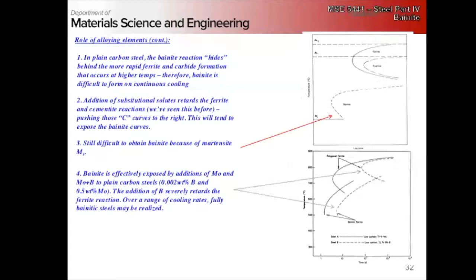So we have to add substitutional solutes to retard the ferrite and cementite reactions. Right? We talked about that in the pearlite growth. So basically, that has the effect of pushing the nose of these curves in the TTT diagram over here to the right. So that means with a cooling curve, you can miss the nose of the ferrite curve and enter into